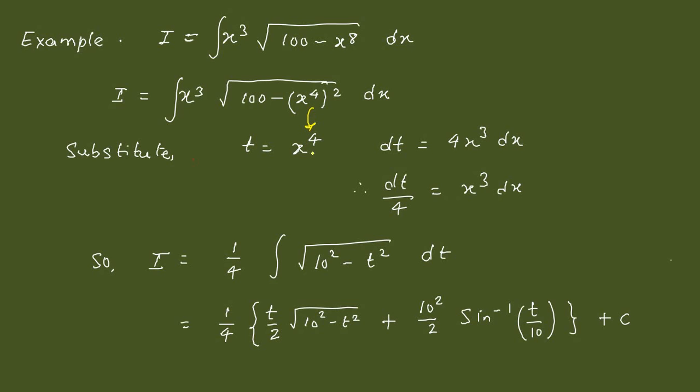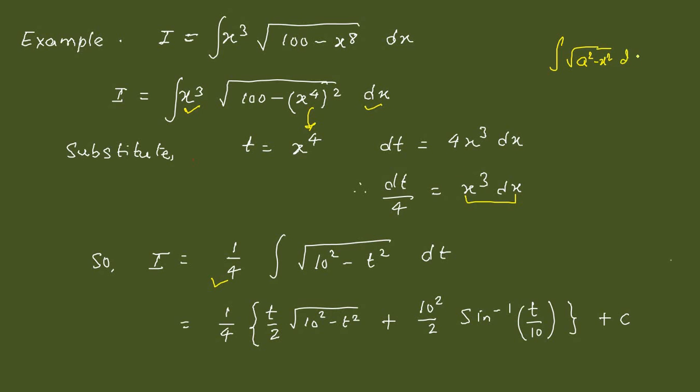So this t is x to the power 4 here, so the derivative will be 4x cubed, and dt by 4 will be x cubed dx. That means this x cube and dx together can be replaced with dt by 4, and since 1 by 4 is constant, it can be taken out, and we have this thing, square root of 10 square minus t square. So we will have this in the form of root over